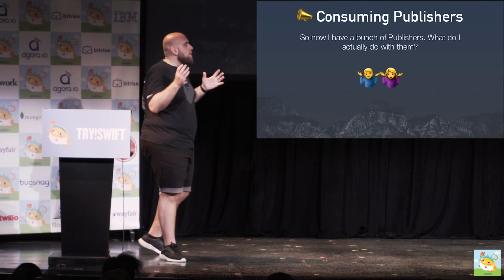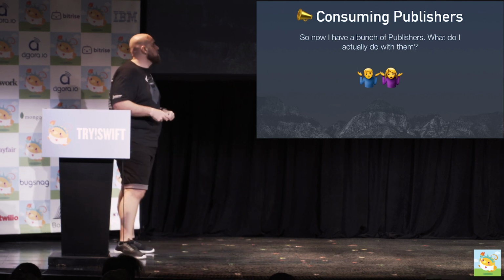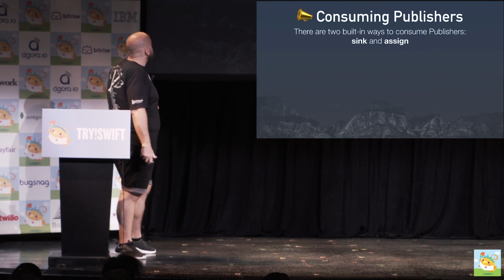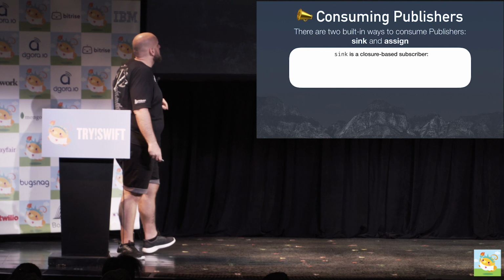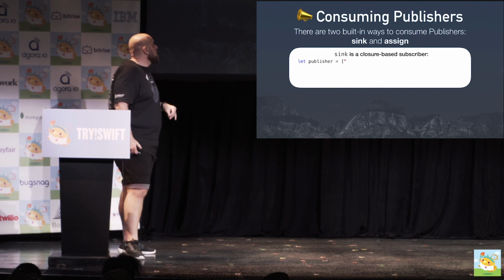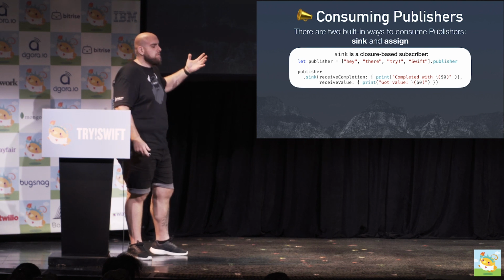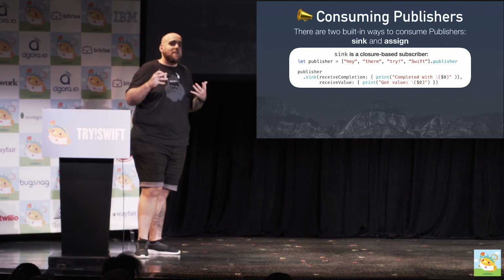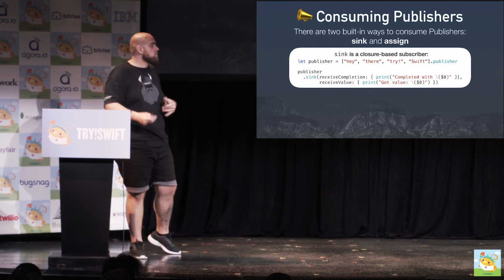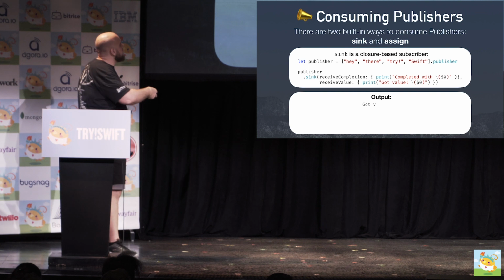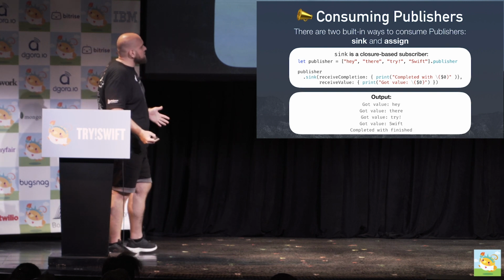So we have all of these publishers. Great. What do we actually do with them? How do we get values off of them to use them? So there are two built-in ways to consume publishers in Combine, sink and assign. Sink is a closure-based subscriber. You just provide it two closures, one for values and one for completion event, and then you can do whatever you want with these events as they come. You can update your UI, you can print it out, you can do whatever as you subscribe to it. In this case, I'm just printing, hey, there, try, Swift, and eventually a regular completion event because there was no